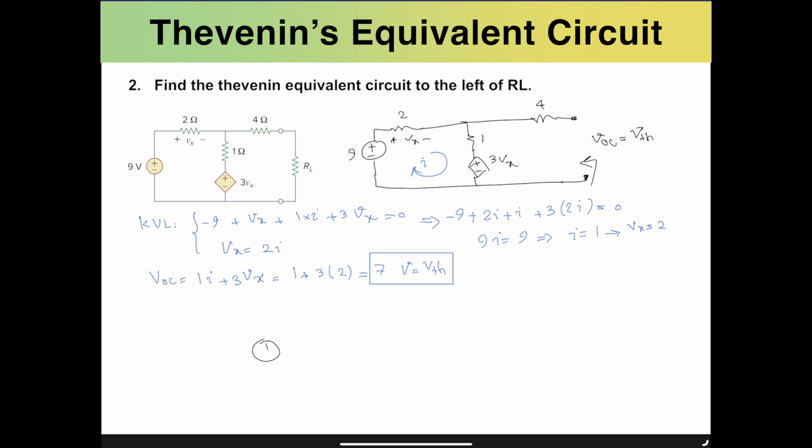So if I put a voltage source over there with a value of 1, for instance, instead of RL, 4 ohms, 1 ohm, and then we have this independent voltage source that we need to keep, that 3Vx. Then we have 2 ohms, Vx is across that. Then we have this short circuited